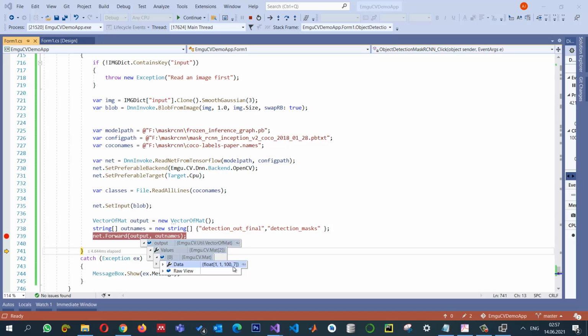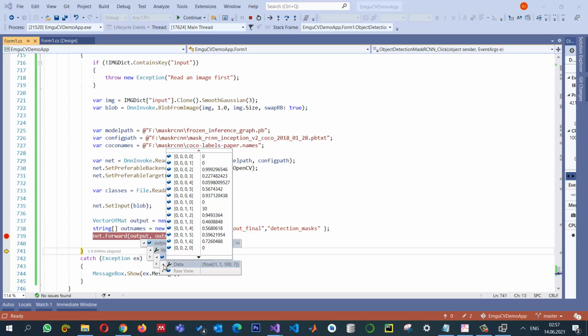by 7. So there are 100 bounding boxes that are obtained, and each bounding box has 7 pieces of information, which basically contain the class ID, what is the class of this object, the left, top, right, and bottom corners of the bounding box, as well as the score, the percentage, or the confidence score. The confidence is at this location. So we will extract the required information from each bounding box, and try to display the bounding box